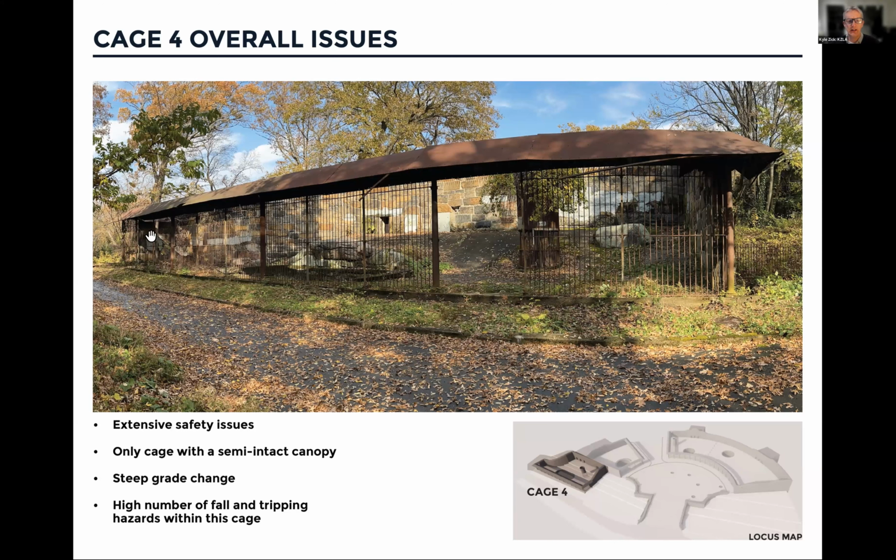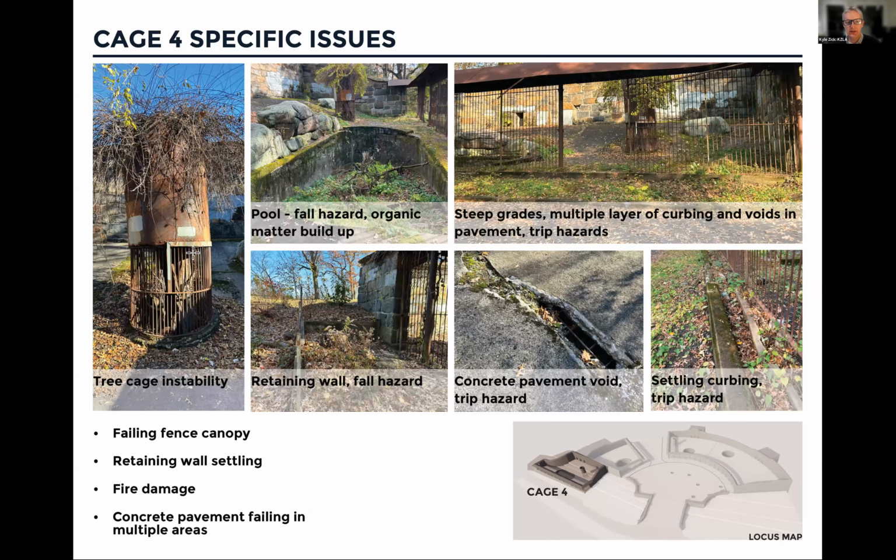And the other thing I should point out is the fencing is intact. There is one opening here, so the public can get inside here. The pavement is pretty slippery. There are big holes in the pavement, and the drop in the pool is much greater. It's like 1.5 feet on one end, but maybe 6 feet or more on the other. And there's one of those cages around what used to be a tree as well. So we would address the instability in that cage. We would need to fill the pool one way or another. Could be gravel or the wood deck that I mentioned.